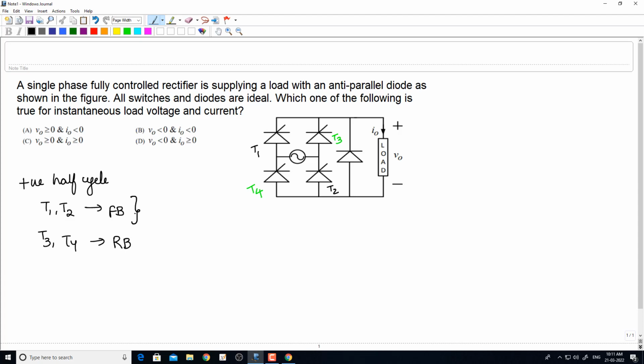So, we need to give firing angle to the thyristors T1 and T2 at an angle alpha. In this case, the load current